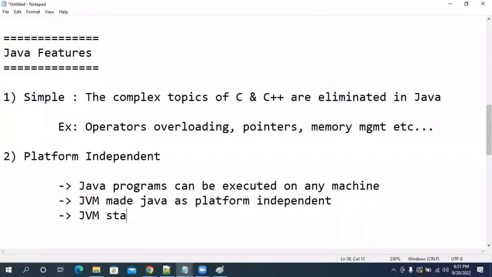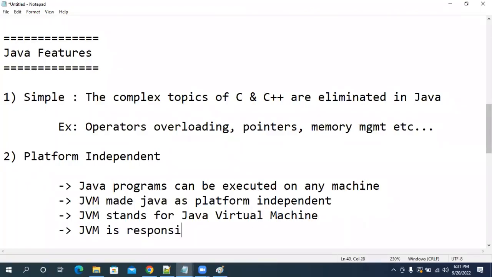JVM stands for Java Virtual Machine. JVM is responsible to run or execute Java programs. Are you guys clear? Yes.